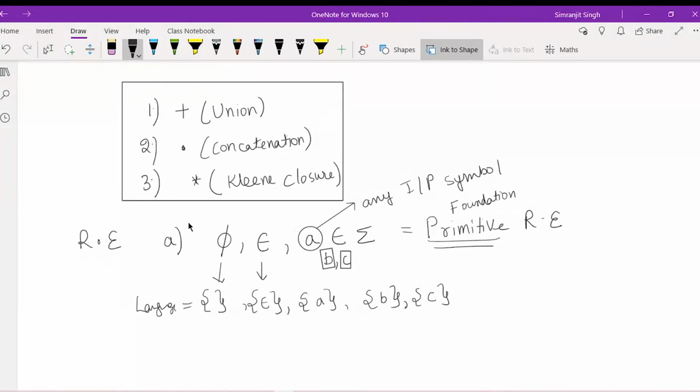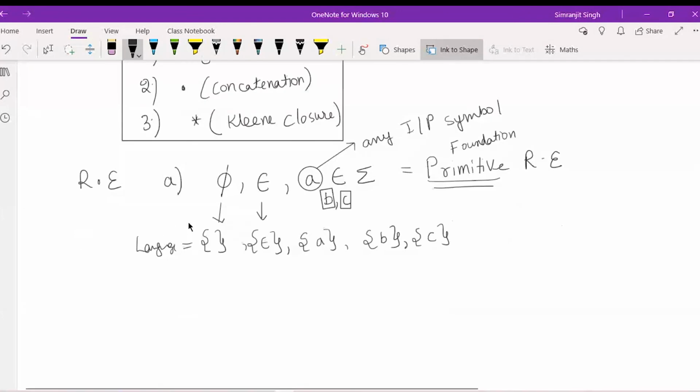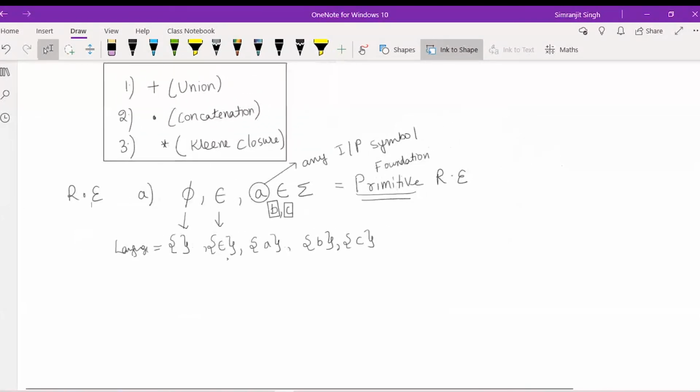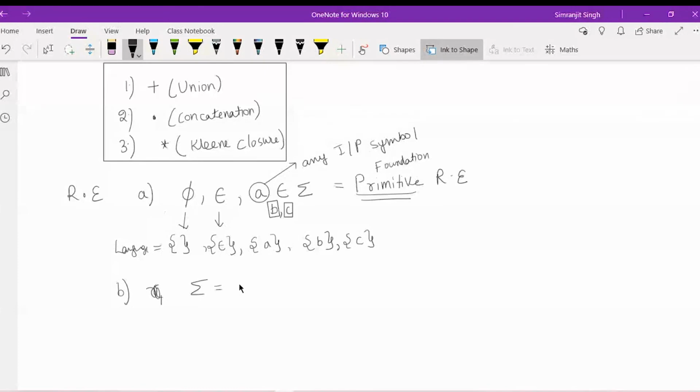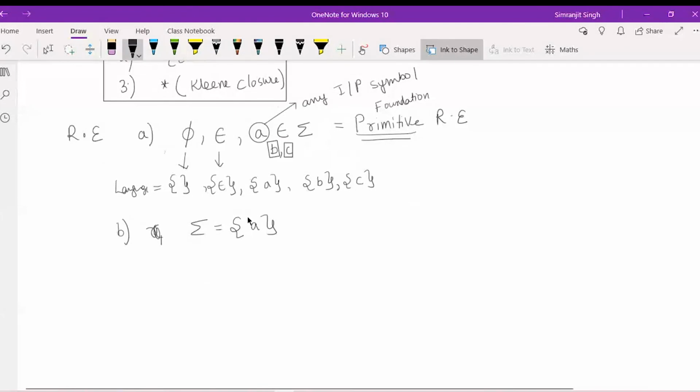Now another regular expression. Suppose I say that R1 is some regular expression. It is some primitive regular expression. Suppose the primitive I'm talking about is over the input A only. So the input here is A only, not more than that. Again, if you are familiar with two inputs, so I just take two inputs.